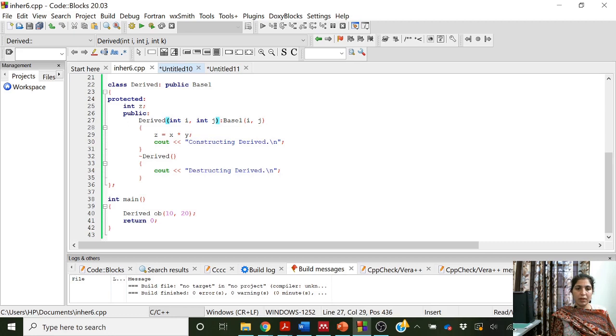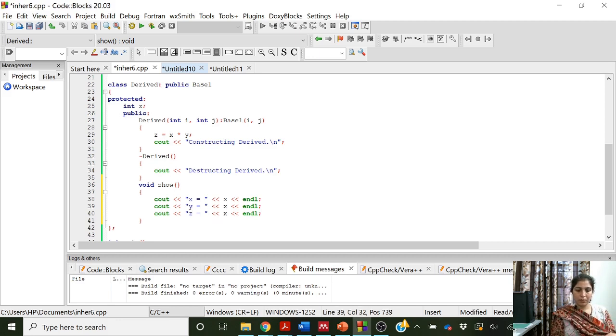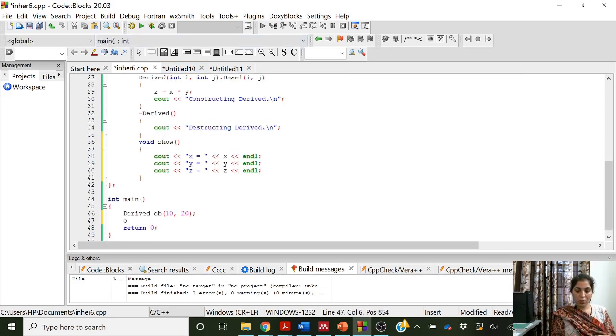Let us also try to print the output. Okay, so void show, cout x is equal to x endl, and let us place a call to show.